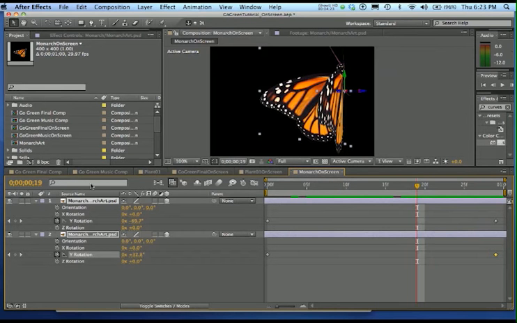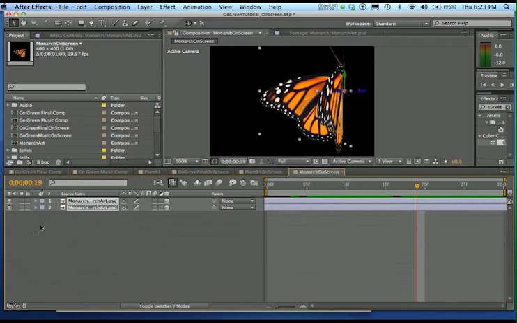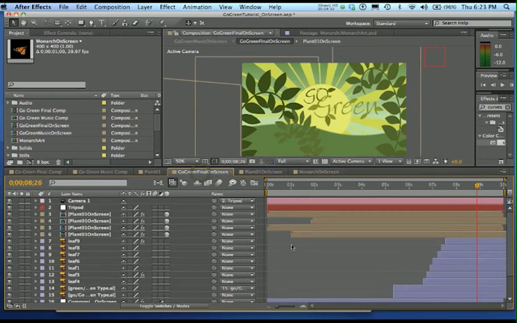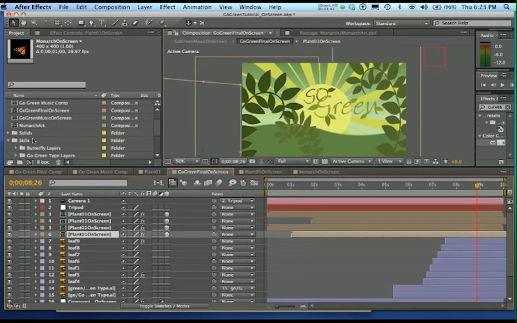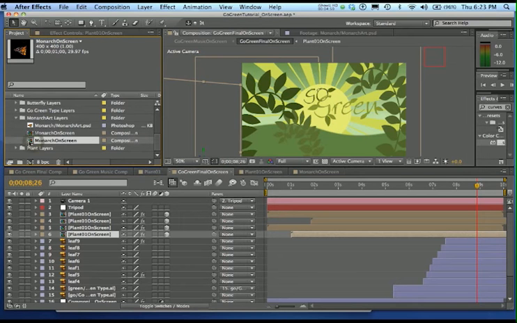And now we're ready to bring this into our final composition. So let me close that, and now we're cool. And let's go click on the final on-screen composition. Now I want the butterfly to appear behind the leaves, so I'll put them behind the plant, behind the bottom plant. So let's grab the Monarch art, the Monarch on-screen one, which is this one right here. And let's put it down here